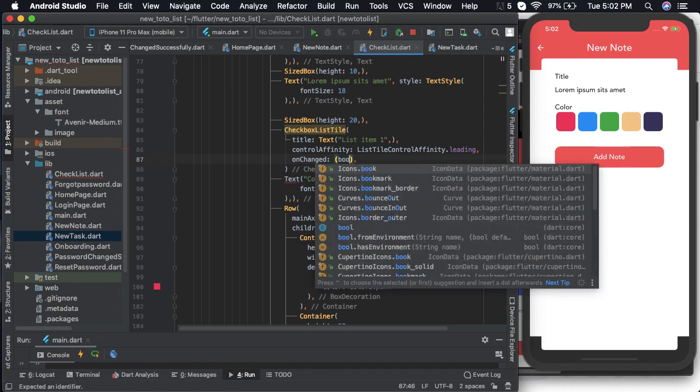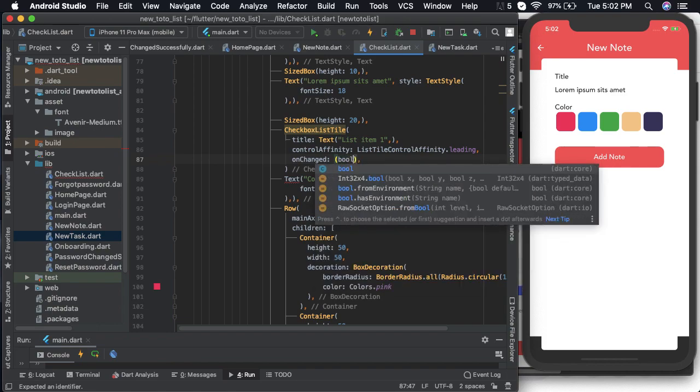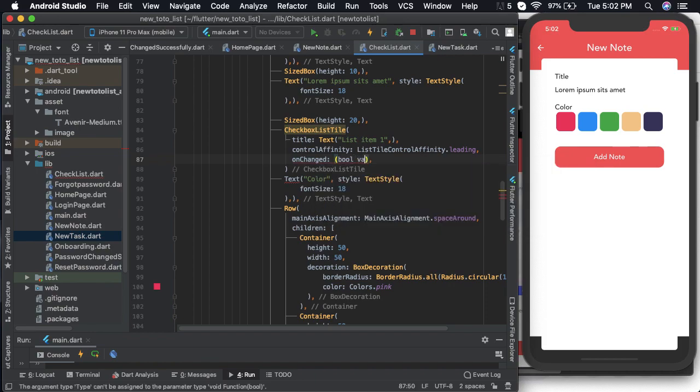Now on change of this list tile, we'll receive a boolean. So I'll give it as boolean value,